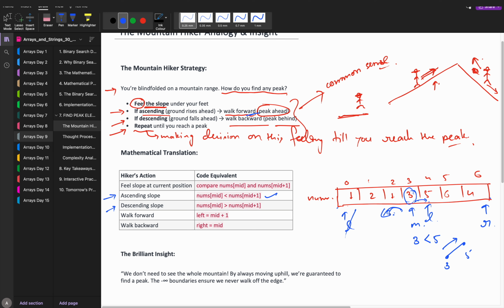So obviously moving forward and moving backward is doing nothing but updating the boundaries. Okay. If I am walking forward, then my new boundary would be, I mean, left would be next to mid till the right hand side. यहाँ से. If I'm moving backwards, then my right would be kept here, and I will move backward. You know, because I'm comparing this neighbor only. So if I move this direction, I have checked it already, so I can start a boundary from here. But I have not checked कि यहाँ पे क्या है ना.